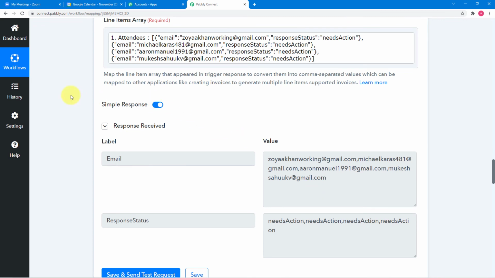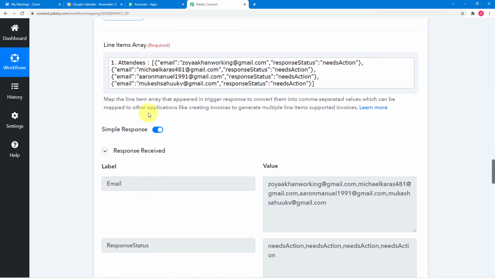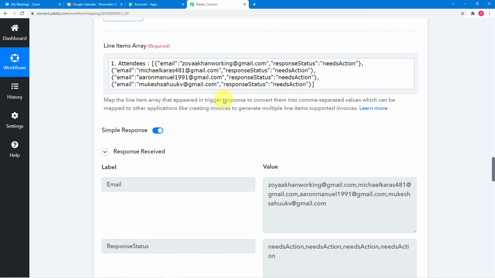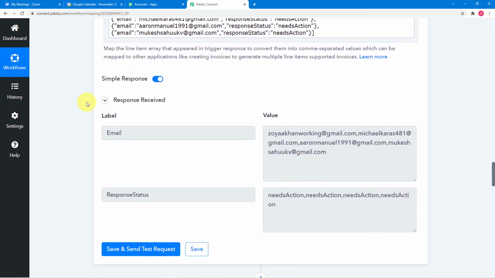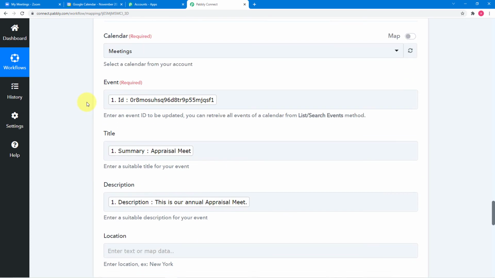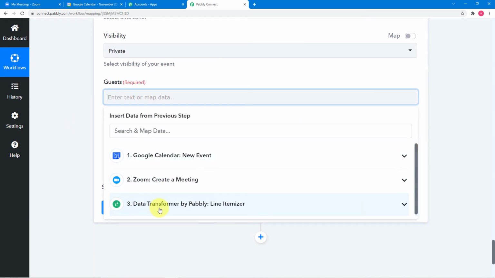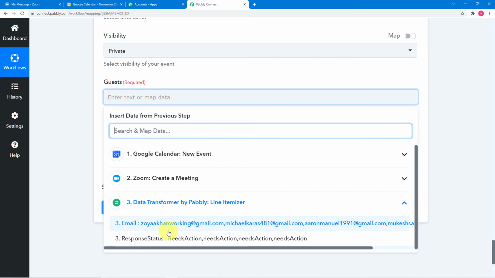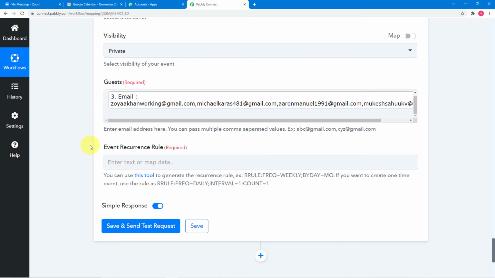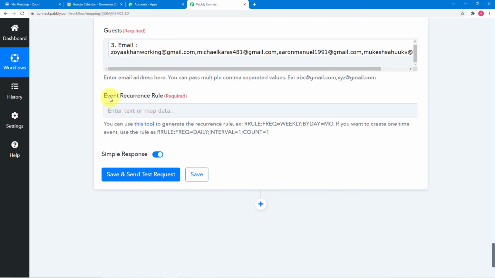So that's why I have applied line itemizer, and that's why I have captured the data of the attendees in this format in the first step, right? So now what you have to do, click on this guest field, then from this data transformer, select this emails, right?